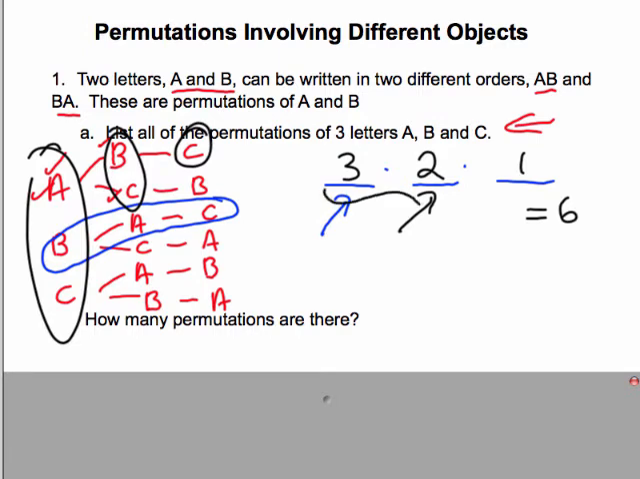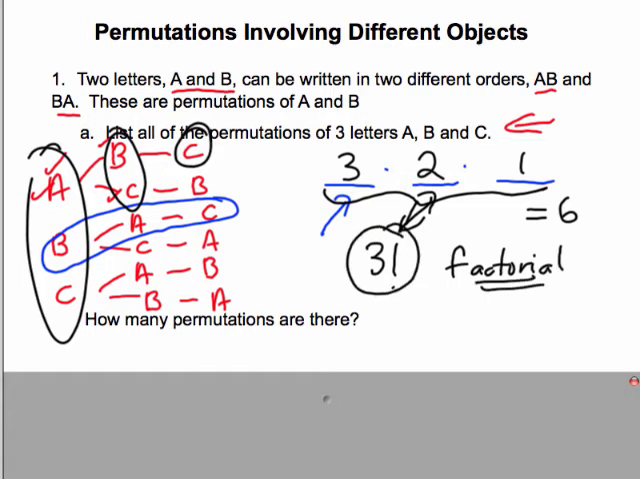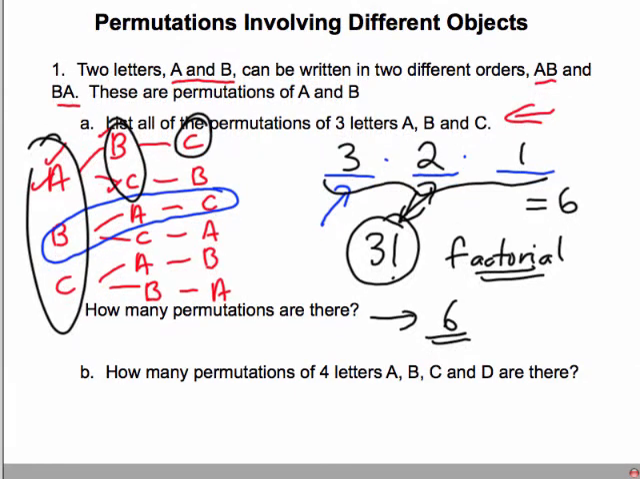And 3 times 2 times 1, we have a special way to write that, and we write it as 3 factorial, as we call it. The exclamation mark is called a factorial sign, and by definition 3 factorial means 3 times 2 times 1. Okay, you don't have to get excited when you say 3 factorial. The exclamation mark just means 3 times 2 times 1. Alright, so how many permutations do we have? We have 6. So then if we ask how many permutations of 4 letters are there,